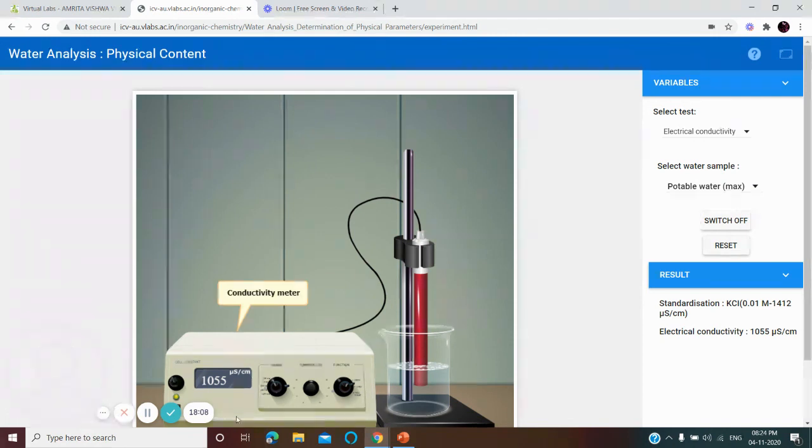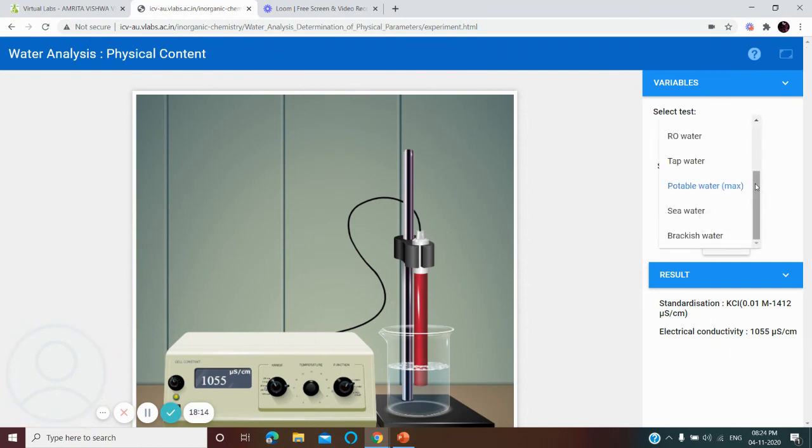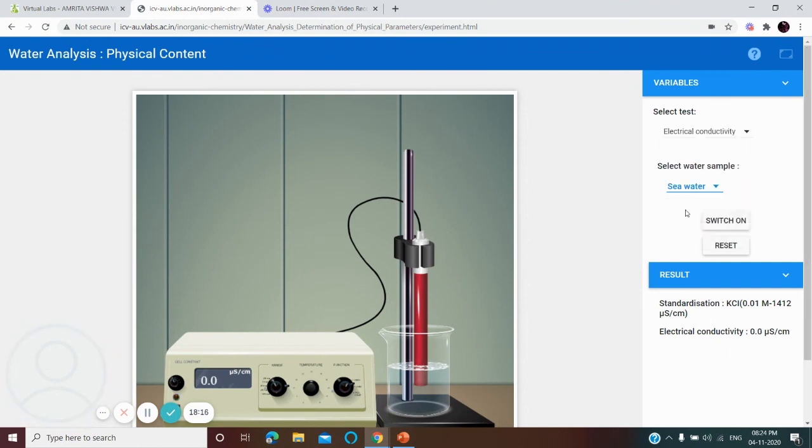You can see that 1055 microsiemens per centimeter. The next, seawater. You have to place the seawater in a beaker and switch on. You can see that 56000 microsiemens per centimeter.